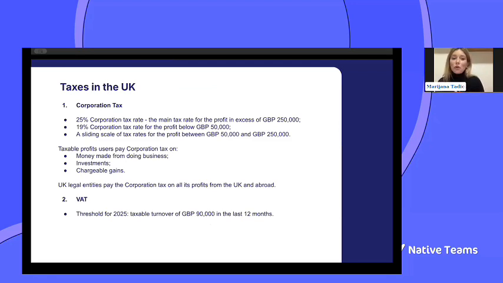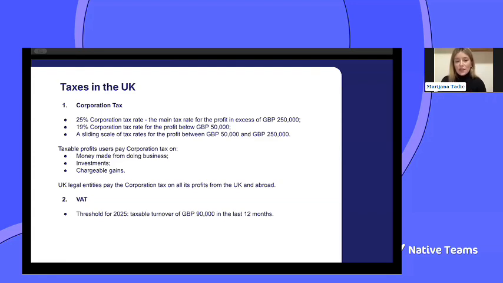So, corporation tax. Since the company we're registering is going to be limited by shares, which means the company is going to be profitable, corporation tax is therefore the most important tax. So we have prepared three tax brackets here. Of course, the first one is 25% corporation tax in the UK, which is actually the general tax rate, and it is applicable on the profits that are above